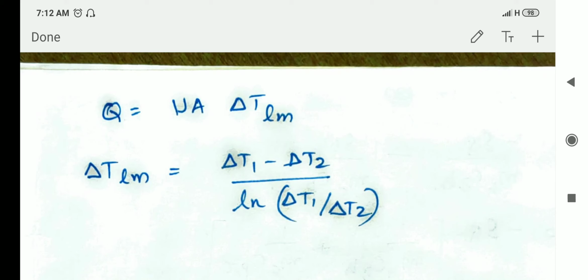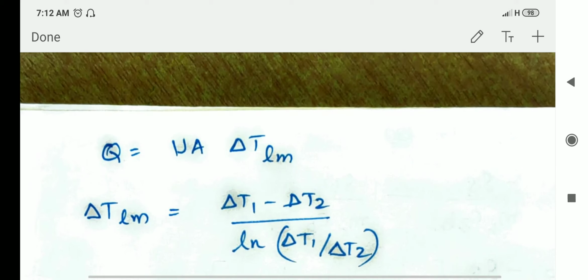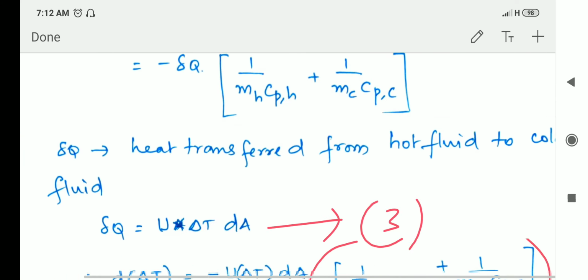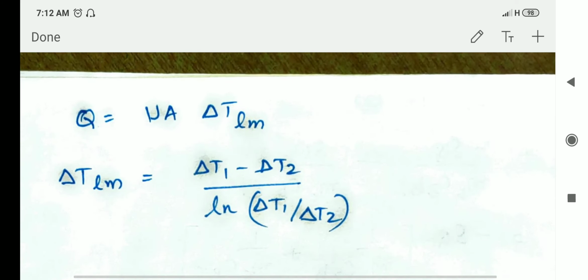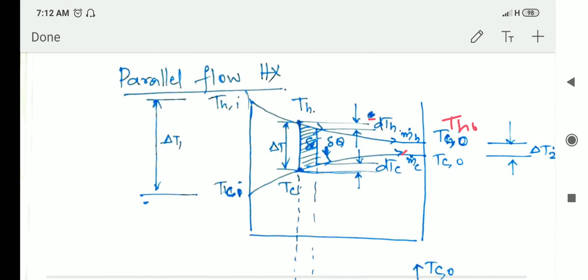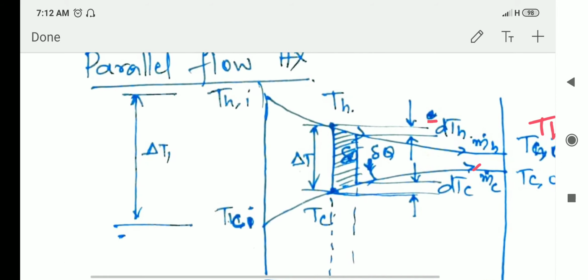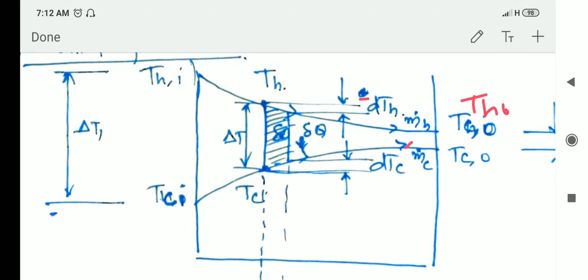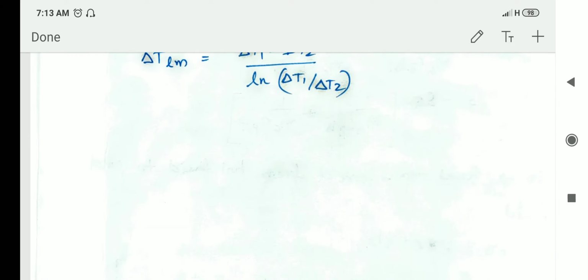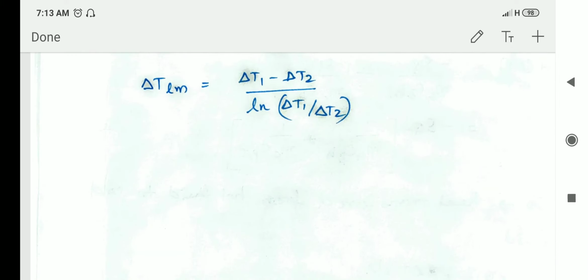This is a very simple derivation, as you see, and here delta T1 equal to Thi minus Tci, delta T2 equal to Tho minus Tco. It's very clear from the figure also. To know the formula, it's very simple to remember the formula, and delta T1 and delta T2, students often make mistakes while taking that, but there is no need for confusion. We just need to know the figure, so that delta T1 is Thi minus Tci, okay, and delta T2 equal to Tho minus Tco. So that is there for the parallel LMTD for parallel flow heat exchanger.